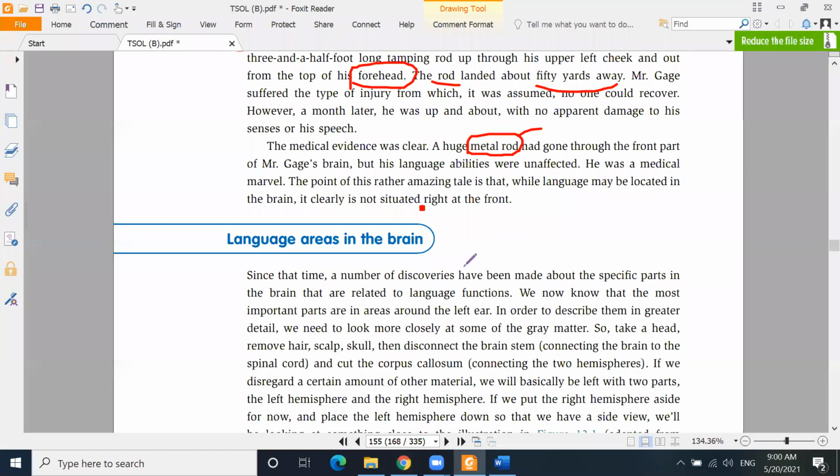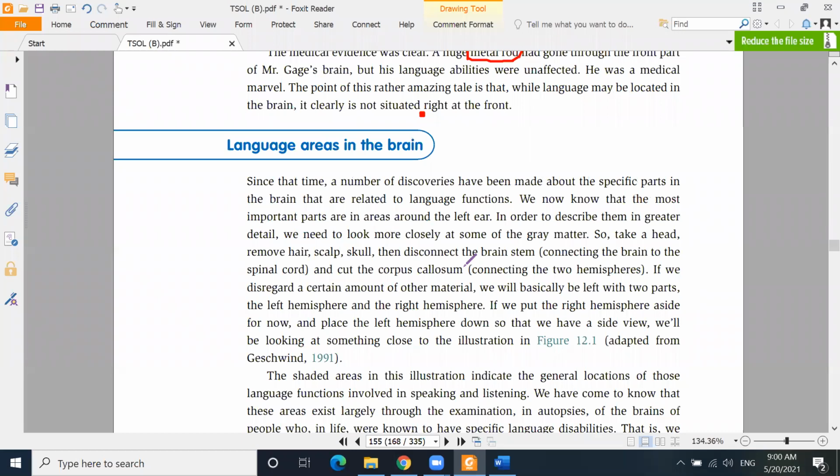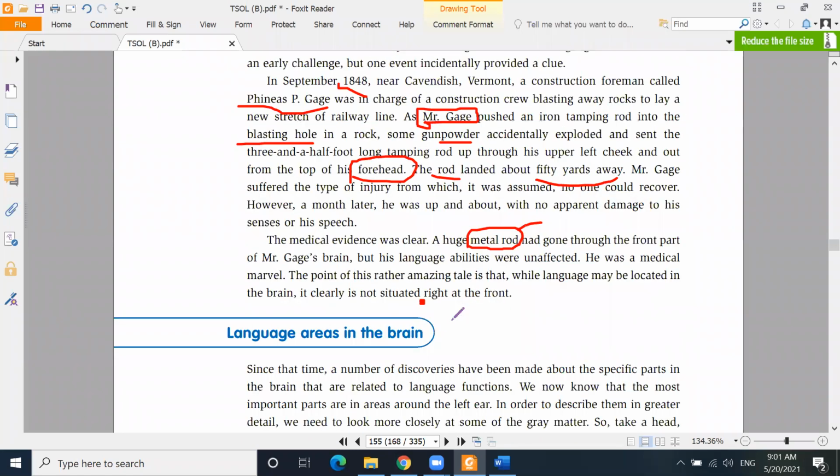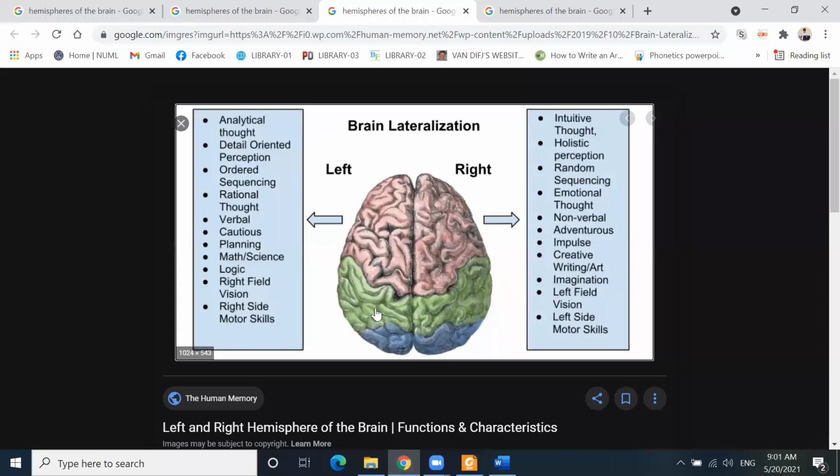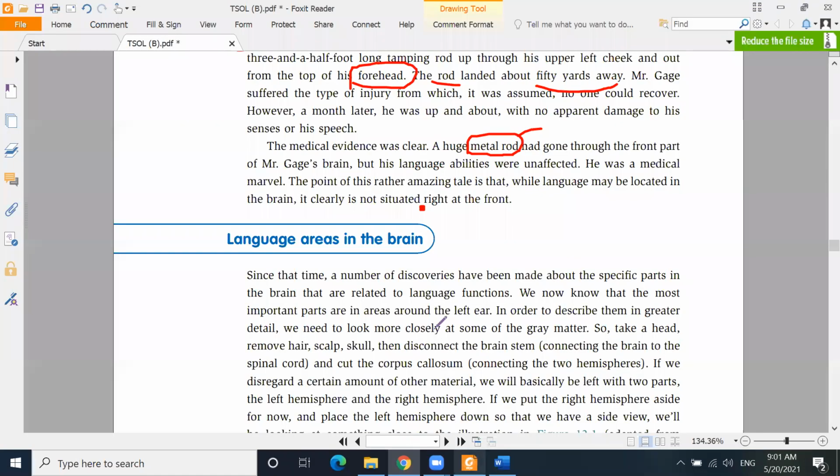Then some other experiments were conducted, like CT scans and some other activities. There is a detailed discussion on this topic given by Jean Aitchison in her book The Articulate Mammal, right? She discussed these things in detail. She mentioned so many experiments which doctors, doctors of neurology, neurosurgeons have conducted, right, while treating such patients. And they came to know that the language faculty exists in the left hemisphere. This is the left hemisphere, remember, right? Now,